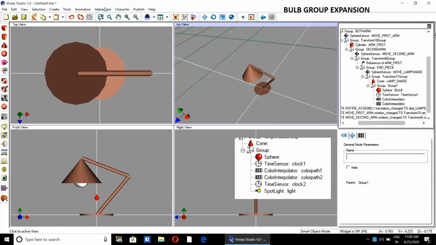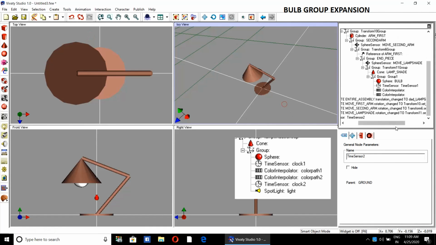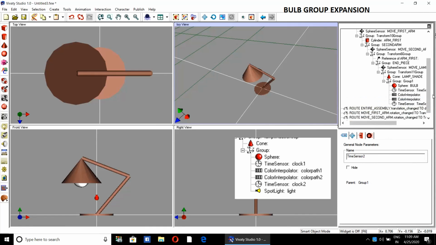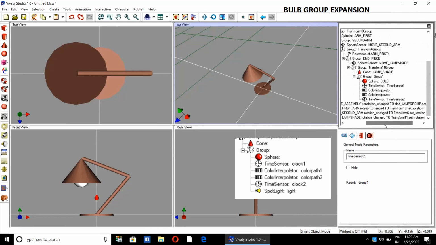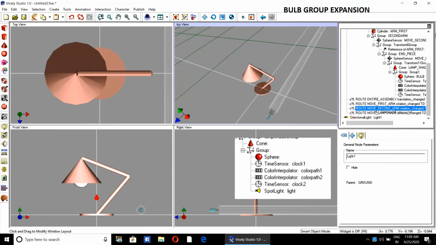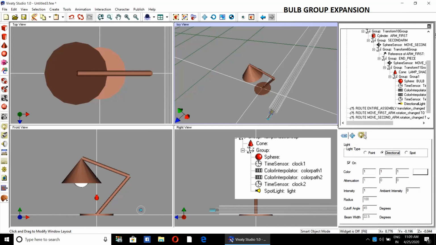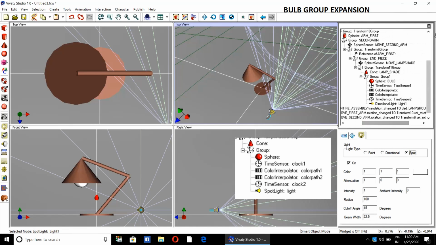So add the color interpolator, then add another time sensor, bring it below the sphere bulb, and in the last we will be adding a light. This will be a spotlight, of course. Initially add the light, then later change it to spotlight.